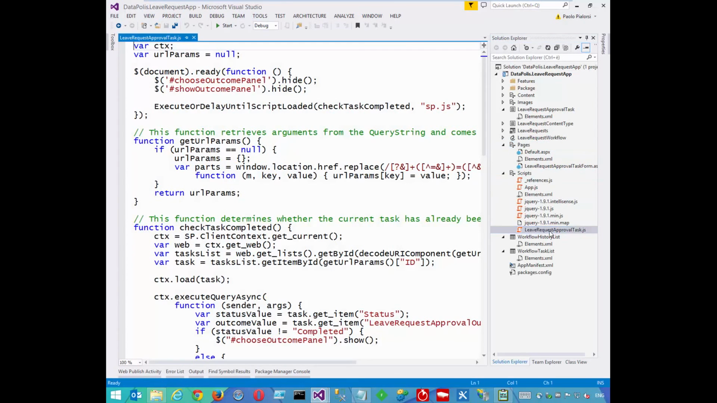This leave request approval task.js file just defines a bunch of JavaScript code so that, using jQuery, whenever the document is ready, I will hide both the choseOutComePanel and the showOutComePanel sections. And as soon as the SP.js JavaScript file is ready and loaded, I will execute the check task completed